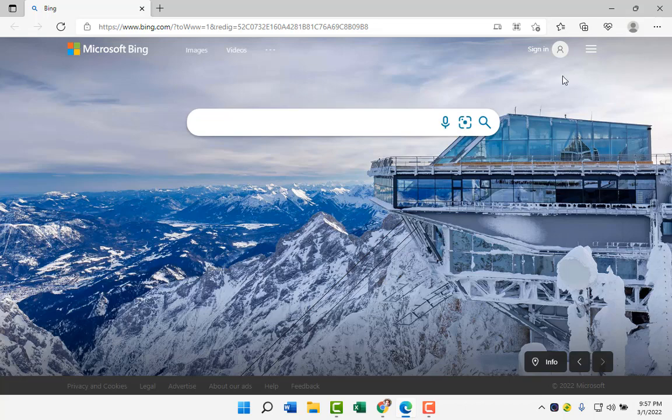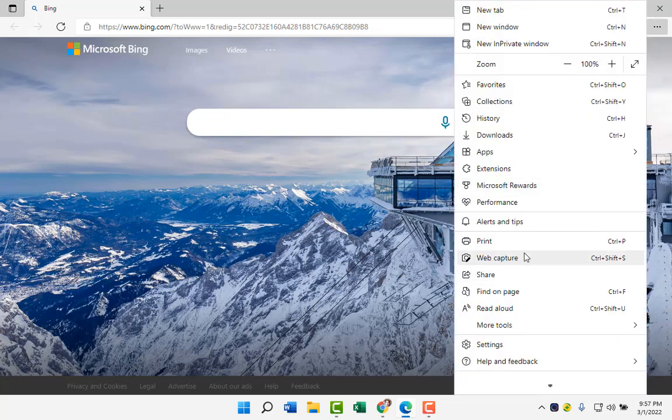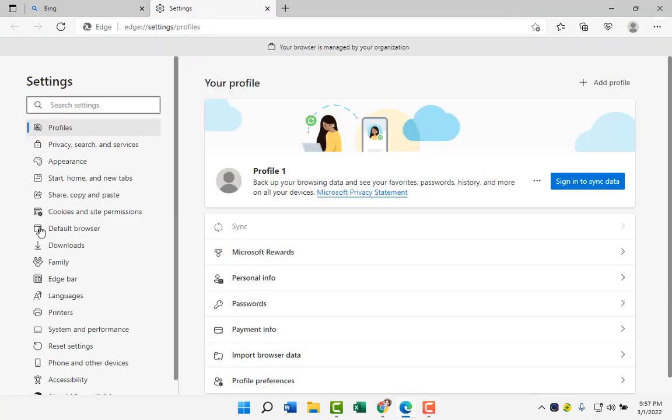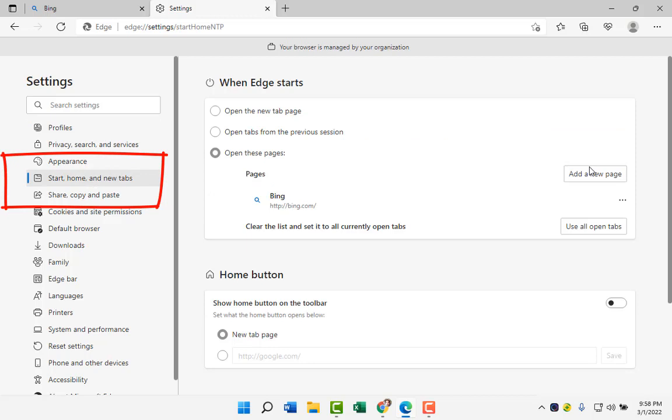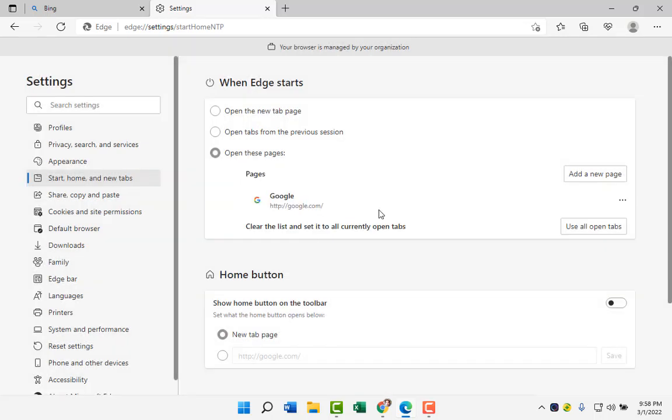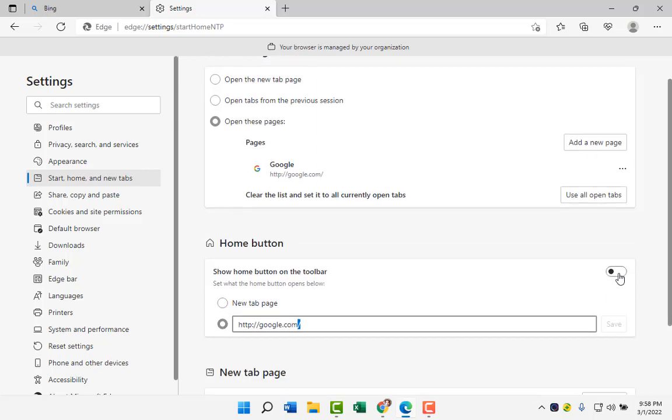To change this, you can go to settings and click on start and then change this bing.com from here. Save it and also change this to google.com and make this visible on your Microsoft Edge homepage and then restart,